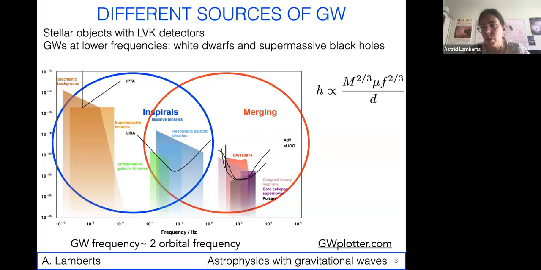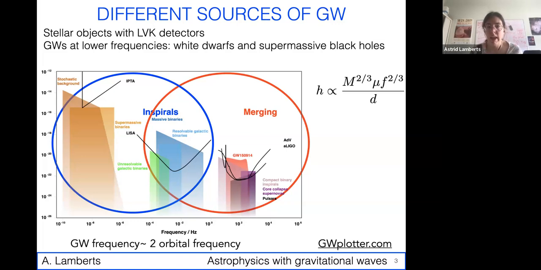And so this is where we will have supermassive black holes, the ones that live at the center of galaxies. They will be merging when they have periods of, let's say, an hour, and they will be detectable by LISA. So this is one thing LISA will see. The other thing that LISA will see, and this is something I work on in Vetra as well, are binaries that are just turning around each other. And so this will be binaries made of the remnants of stars, so black holes, neutron stars, or white dwarfs.